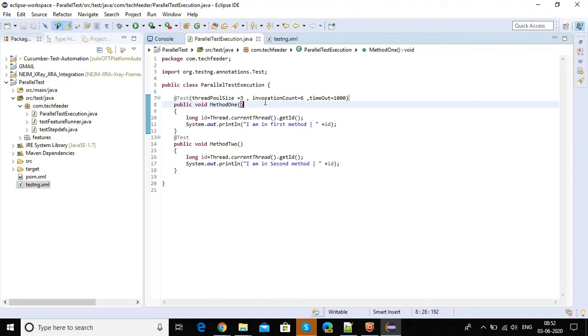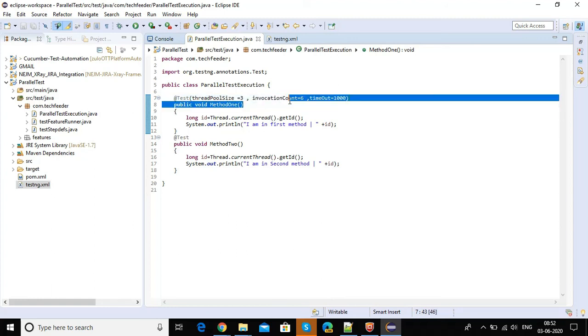So the method is configured to run in a multi-threaded way by using the threadPoolSize attribute as 3. The value of threadPoolSize is set to 3, which means it configures the test method to run in 3 different threads. The other two attributes, invocationCount and timeOut, configure the test to be invoked multiple times.